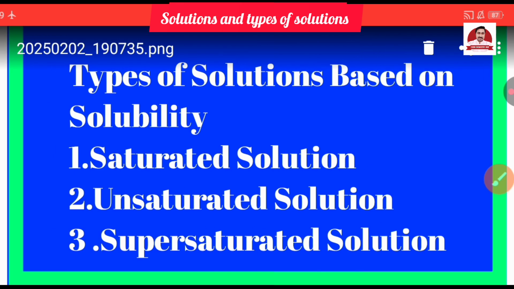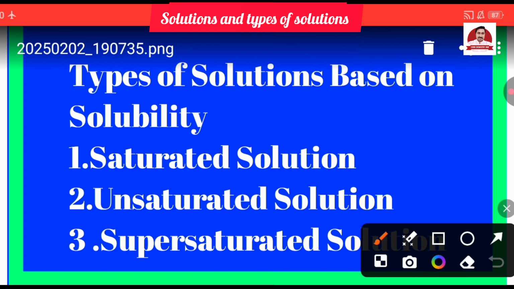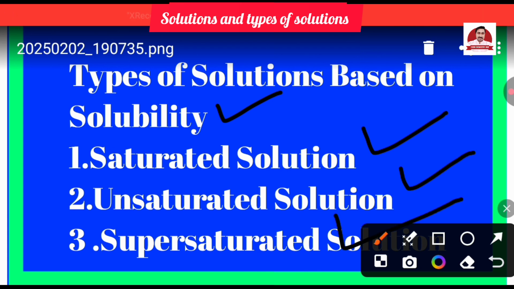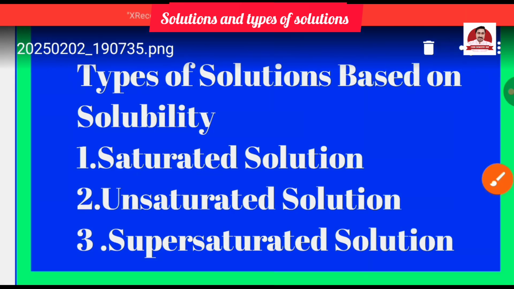Next, types of solution based on solubility. There are three types of solution: saturated solution, unsaturated solution and supersaturated solution. We will discuss these three types one by one. First,